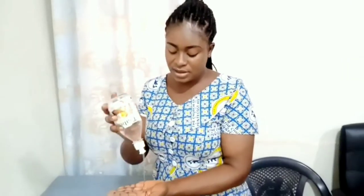So you pour enough of this alcohol into your palm, then you dip your fingers inside, and then vice versa. Then you rub your palm to palm, and then you rub your right palm over the back of the left hand with interlaced fingers, and then vice versa. Then you rub palm to palm with fingers interlaced, yeah, like this. Then you rub the back of the fingers to the opposing palms with the fingers interlocked, yes, like this,